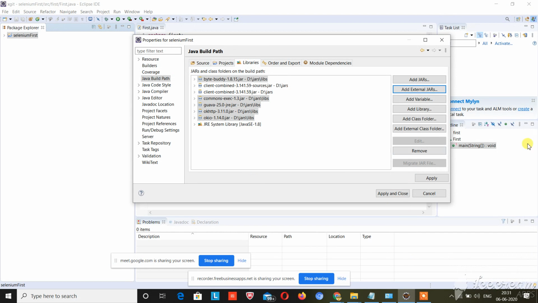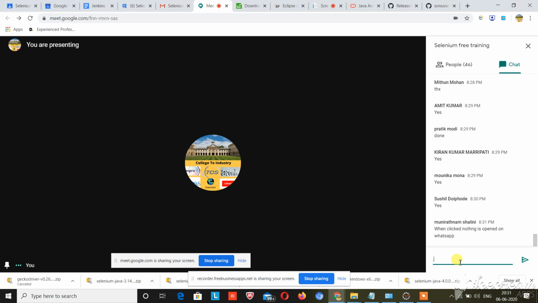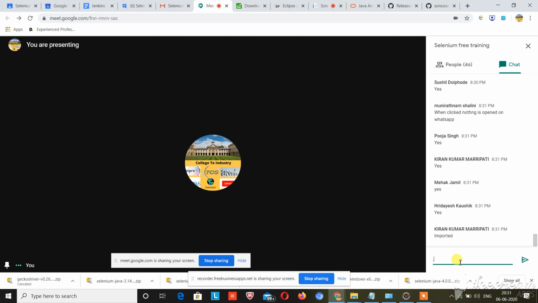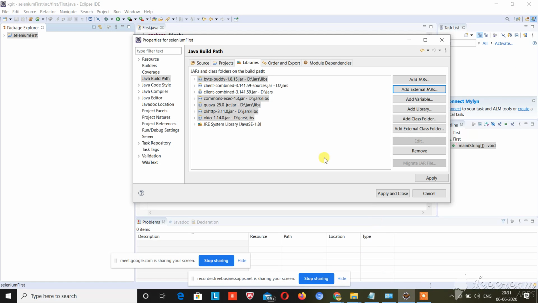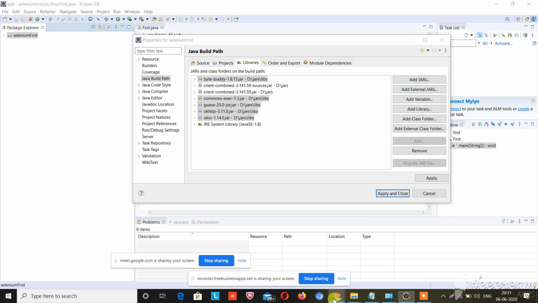These 6 jars should be added in your Eclipse environment. Now I know that you will be facing problems, so my question to you guys is, have you imported those jars? Okay, so these 6 jars, make sure these 6 jars are downloaded in your machine.